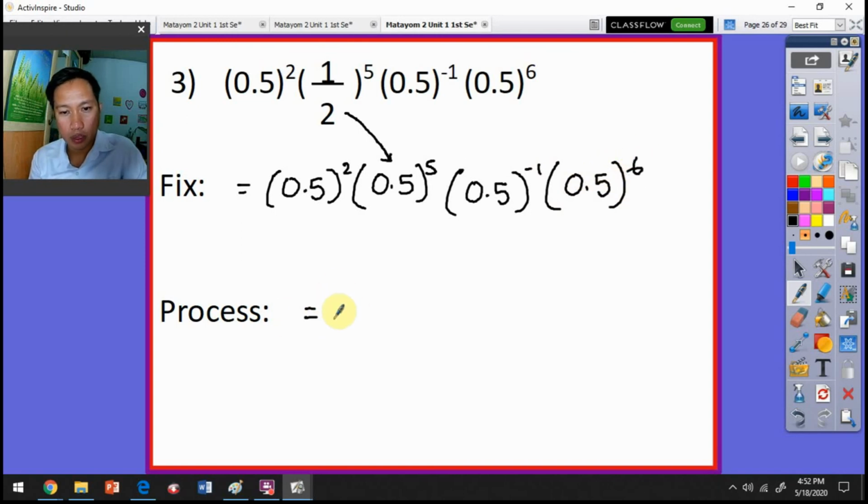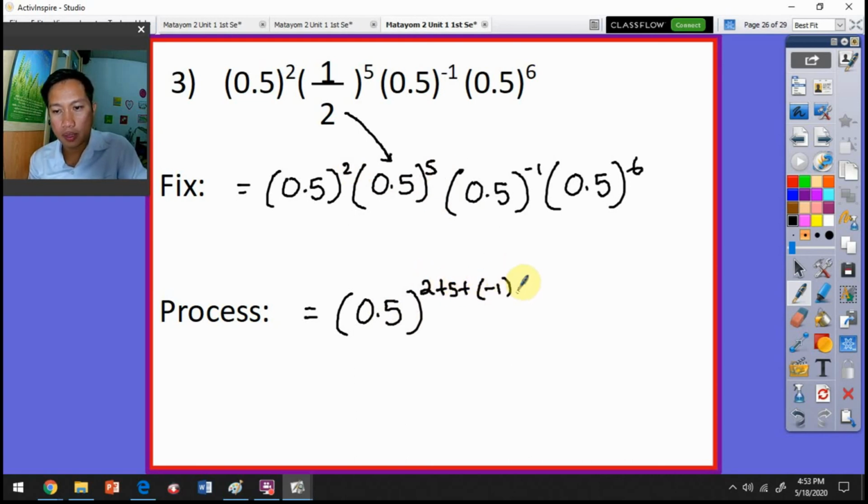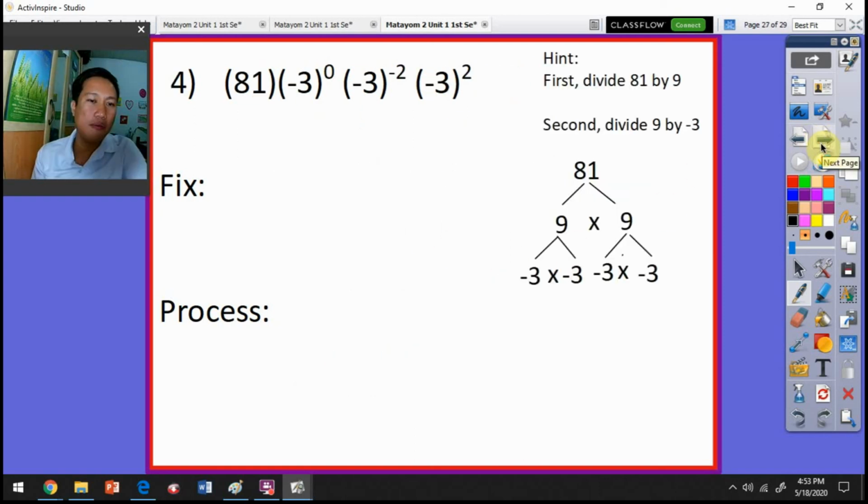Now since we have the same base, we will add all the exponents together. 2 plus 5 plus negative 1 plus 6. So we have 2 plus 5 plus 6 is equal to 13. 13 minus 1 is equal to 12. Very easy. Now for question number 4, it's a bit complicated because we have a big number here,